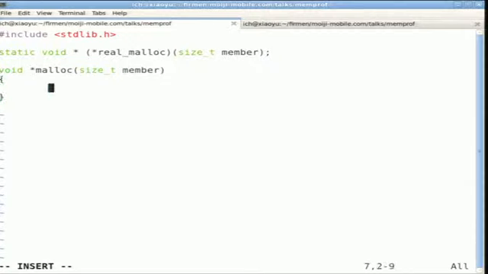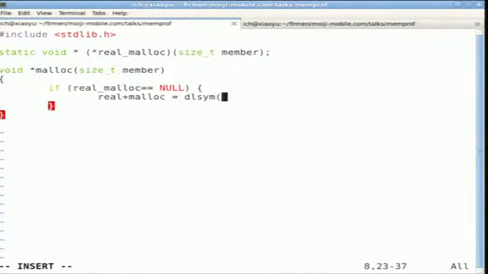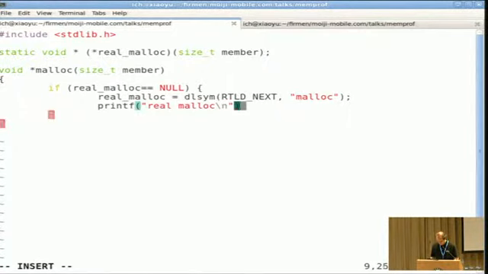And in here I can check if real malloc is 0, I will have to find the real symbol of malloc. So I can write it like this: real malloc, assign it to dlsym, and there's a special handle for the dynamic linker, which is RTLD_NEXT, which helps me to find the next symbol called malloc. And luckily my current glibc doesn't allocate memory, so I can use a printf from inside the malloc function. If it would allocate memory, I would have an infinite loop and it would crash. So at the end I'm just calling the real malloc function